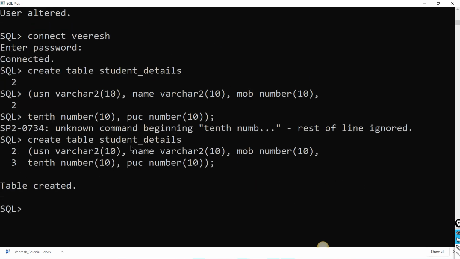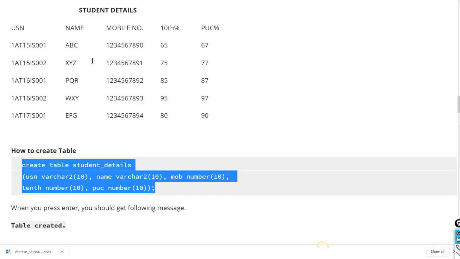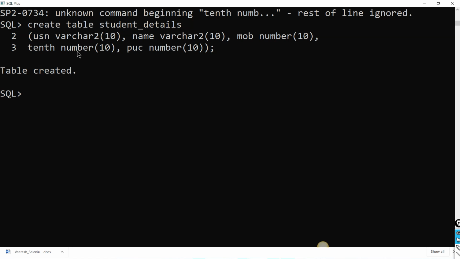Let us discuss this now. First, create table name, and in brackets the first column name, USN, and then the data type. Varchar is what? Variable character, a data type.